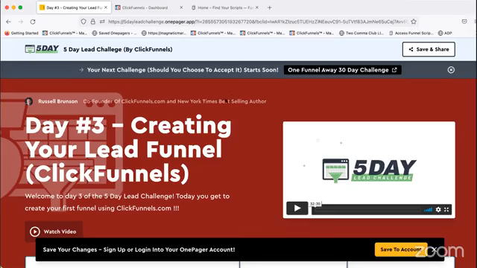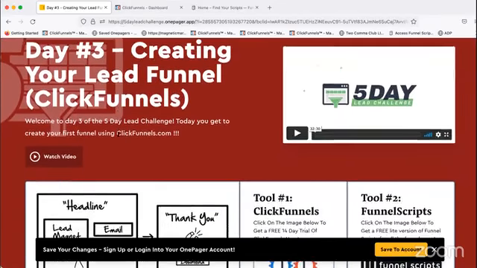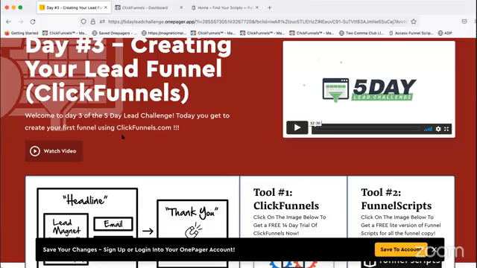So today we're going to go over creating your lead funnel, and this is the process that's going to take someone from being a visitor to eventually becoming a lead, right? We're going to give you some templates, and after that, we're going to come up with what we're going to say on these actual pages, so that when someone lands on them, they know exactly what your offer is and what problem you're solving. It's very clear to them, and then they can give you their name and email, and then hopefully become